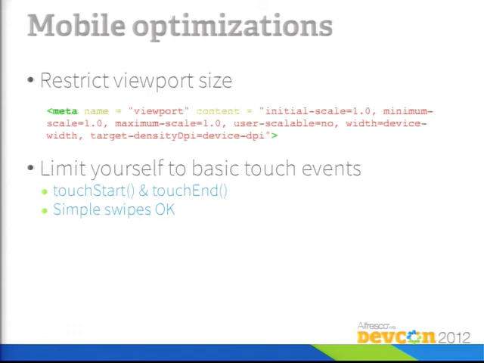Touch event handling within HTML5 is still very, very crude, primarily because HTML5 as an API lacks really good gesture recognition. You have to implement your own pinch zoom type of logic to recognize that. And the more touches you're tracking, the harder it gets. But simple swipes are generally easy to build. And there are JavaScript libraries that implement some basic gesture recognition that you might be able to take advantage of.